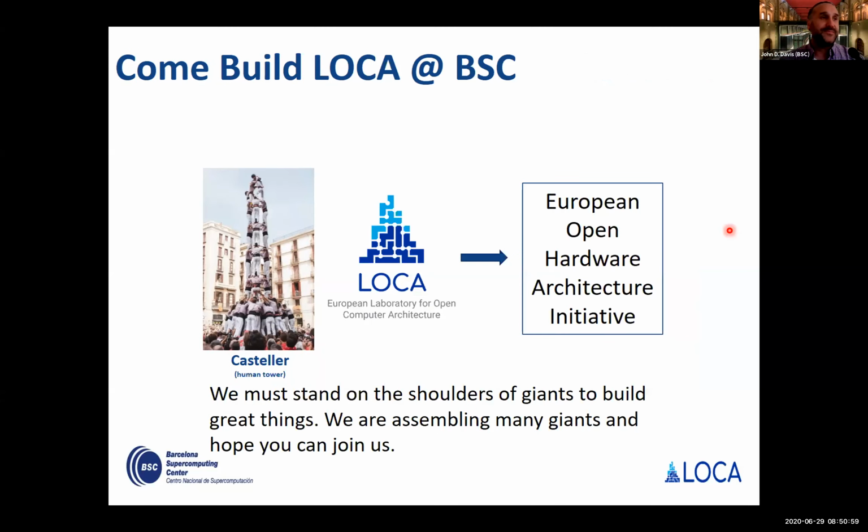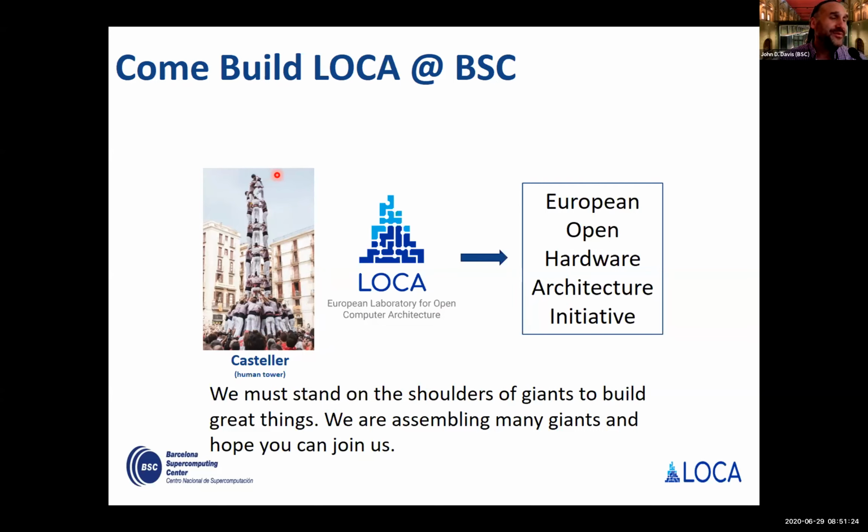Now, the interesting aspect here is that when we think about Barcelona, they have these Castellers, these human towers. This is a great metaphor for open source and part of the motivation and inspiration for the logo. You have a large base of people at the bottom, like the open source community supporting this, and then you have many, many tiers of this. And at the top, there's a little child that actually goes all the way up.